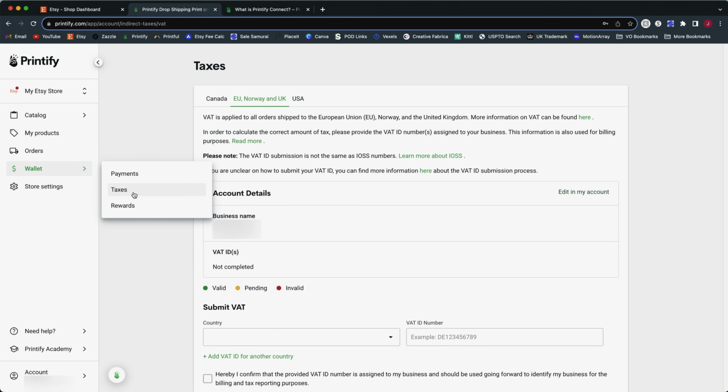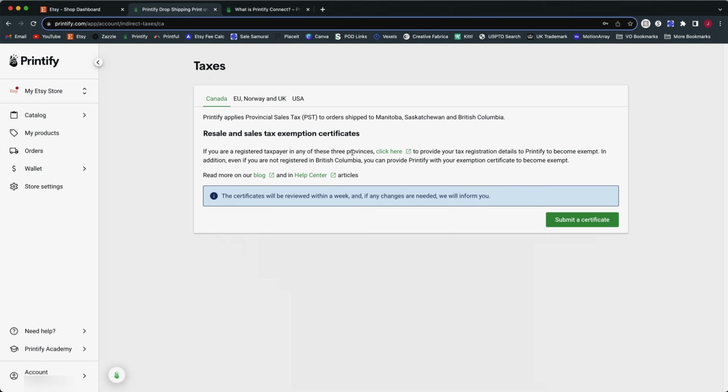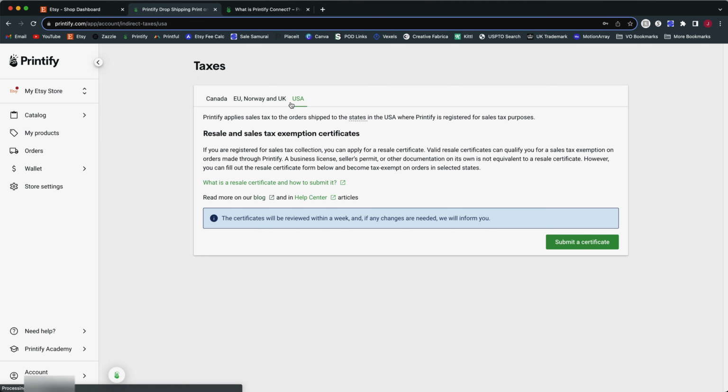The taxes page is an important thing to pay attention to because this is where you can register your business information with Printify so that you can avoid paying extra tax, either sales tax or VAT. There's a tab for Canada, a tab for EU, Norway, and the UK, and there's also a tab for USA. Now, I am not a tax expert, I'm not a financial planner, I'm not an accountant, so I really can't get into explaining all the intricacies of these things, but to try and simplify it a little bit,